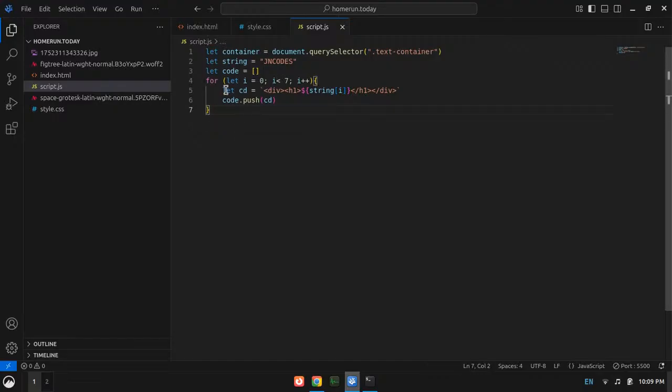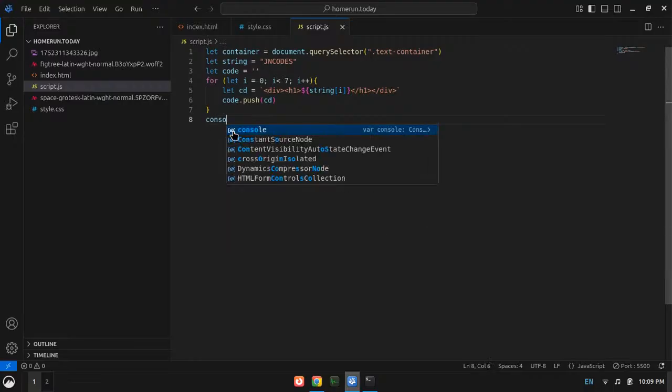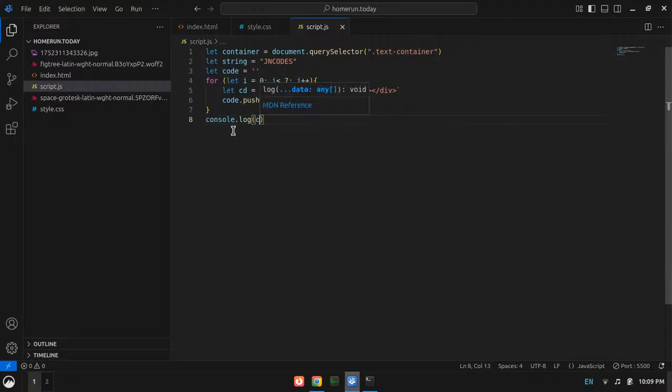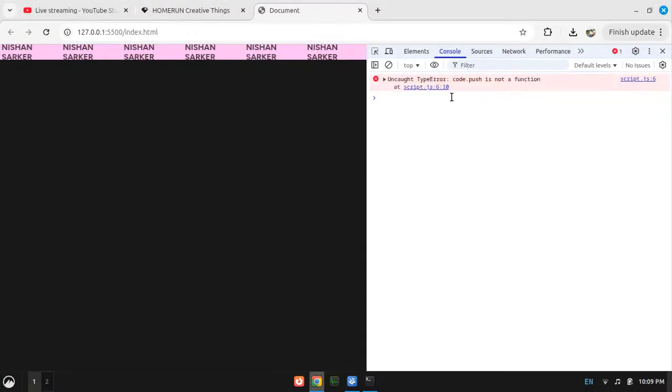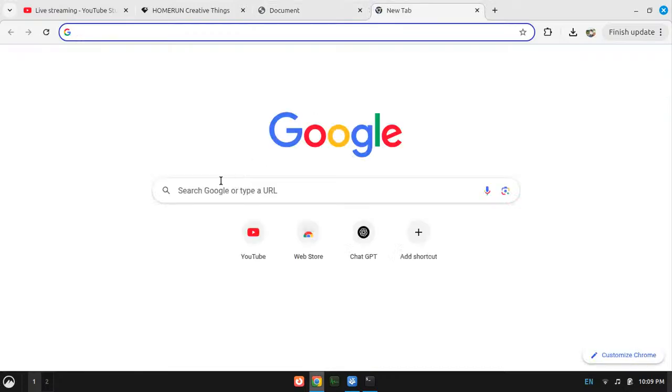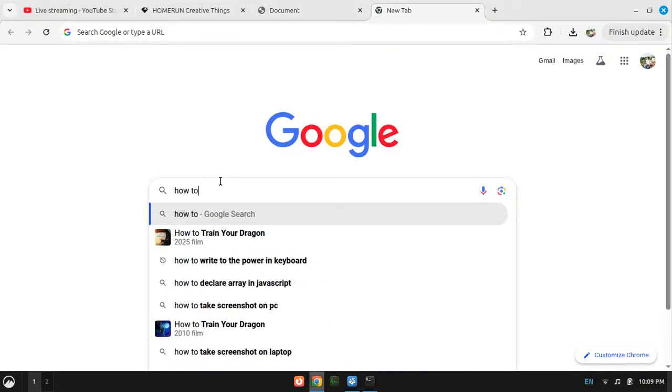So I need to actually create an element, or maybe I can do one thing. Instead of making it this, I can make it a string, right? And now maybe let's console log the code. Will it work? I guess not. Okay, I know it.